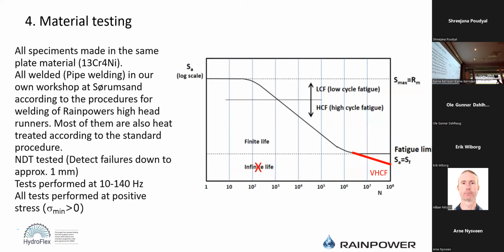Next, which very much a major part in this project has been to obtain a new SN curve for our material. So this is a 13.4 stainless steel plate. We have welded two parts together in our workshop in Sørumsand, a long piece of material. And then this one has been heat treated together with the runner, and also we have done NDT testing so that we see that there is no